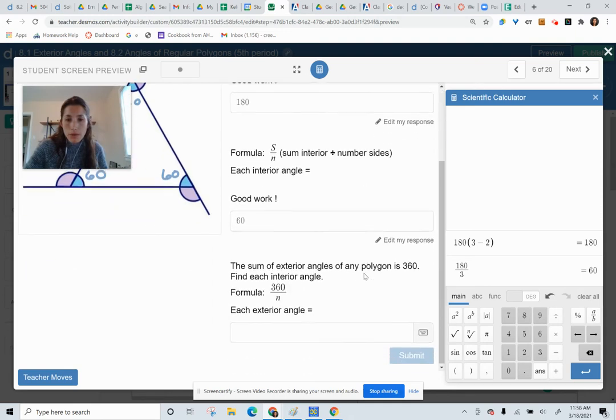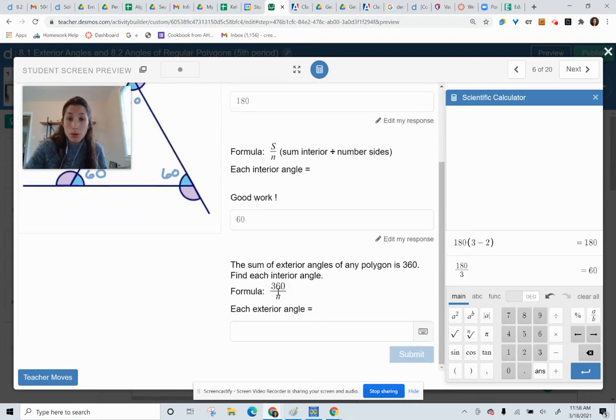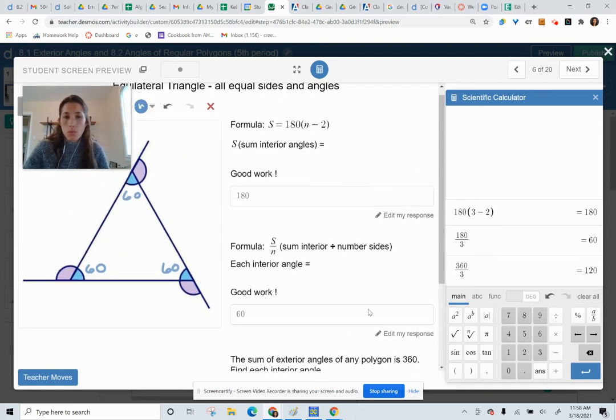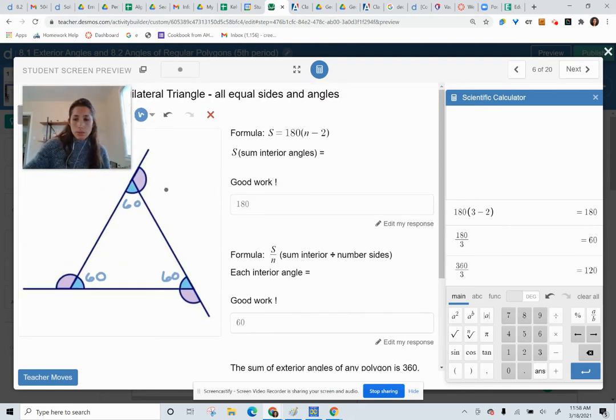Now, how we find the number at the bottom, we know our formula is 360 divided by n. So I'm just going to type that in as a fraction, 360 divided by n. And n, in this case, well, there are 3 sides, so we're going to make it 3, and that's going to be 120. So that means all of our purple angles are 120 degrees. So we can type that onto our diagram here as well. So 120,